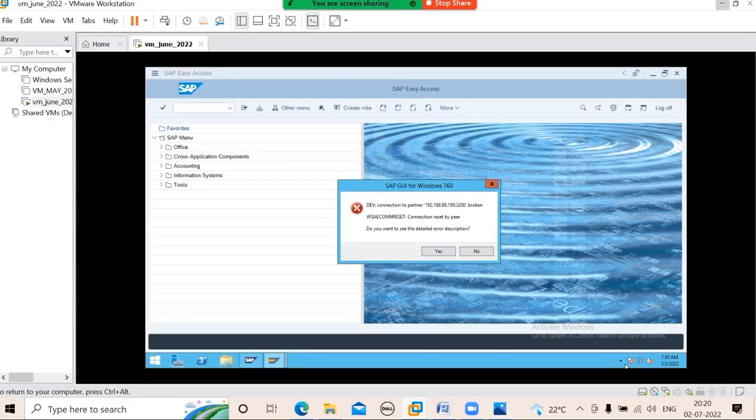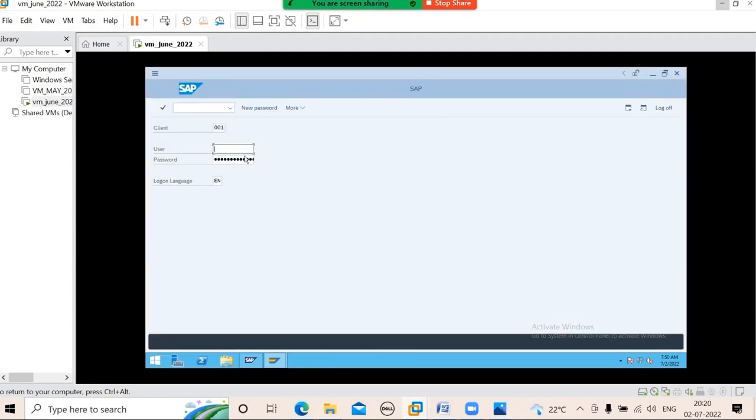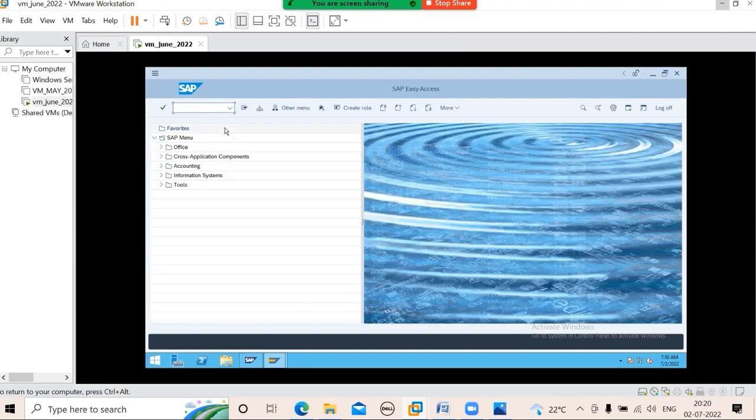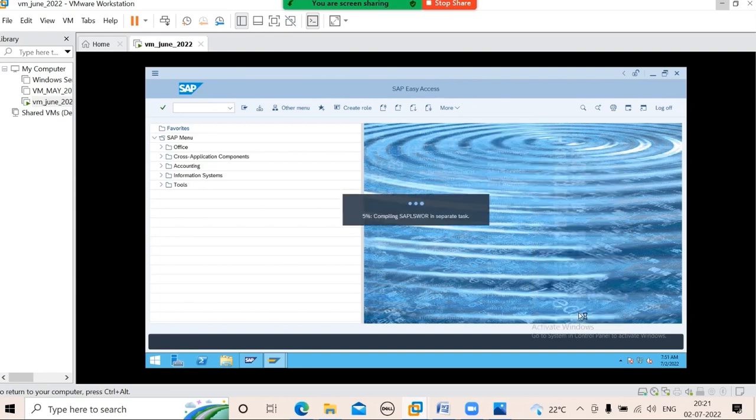Okay, this is your SAP system. When I install this SAP system, I want to see what are the components installed with this system. To see the software components, go to System, Status.